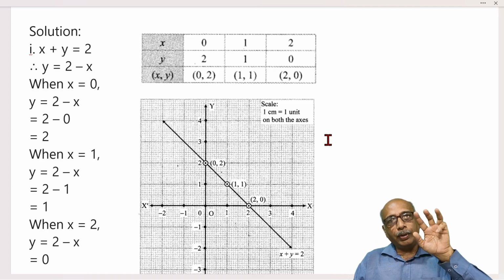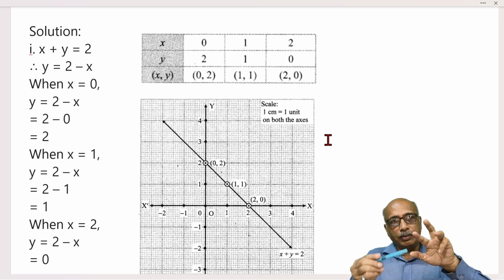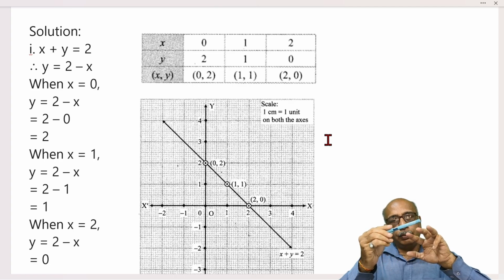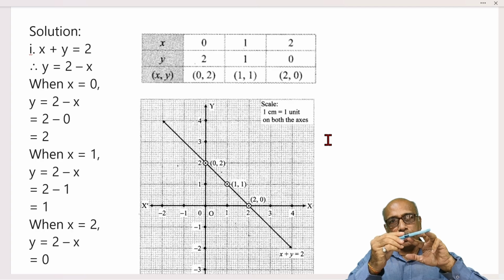But if we take 3 points and they are not in the same straight line, then the line will not pass through them. When it passes through the 3 points, they will be collinear,